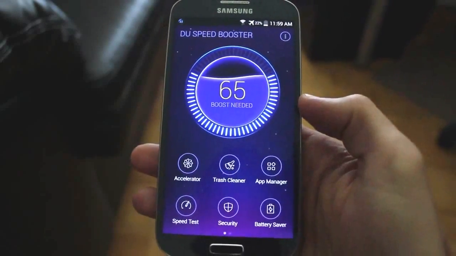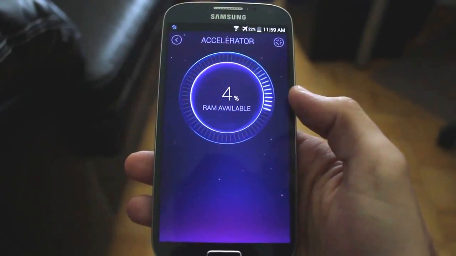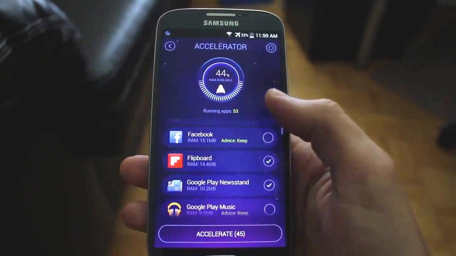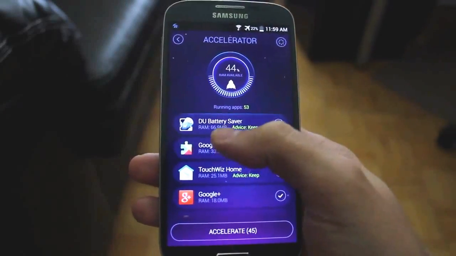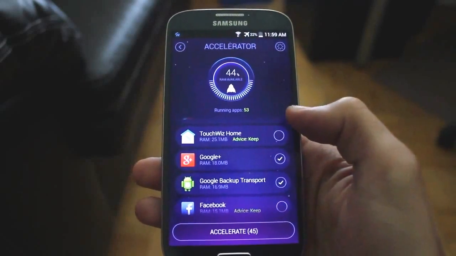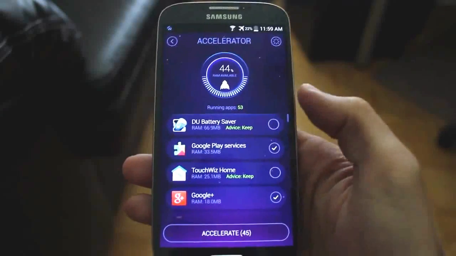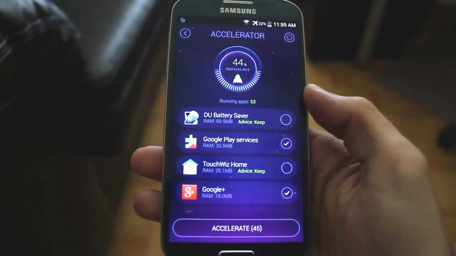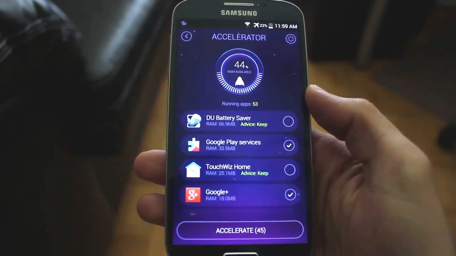So in the menu at the bottom over here, we have the accelerator. Simply tap to go into it. It will give a quick scan of the RAM being used, and it will tell you which applications should be removed from memory and which should be kept. As you can see, you have advice here to tell you to keep an application, and things that should be removed have a check mark beside them. Now keep in mind that this will not actually remove the applications from your device. It will simply kill them as the running process, so it will remove them from memory currently running, if